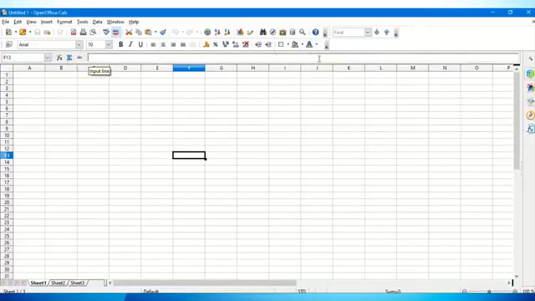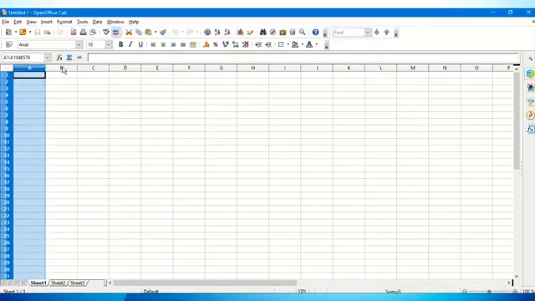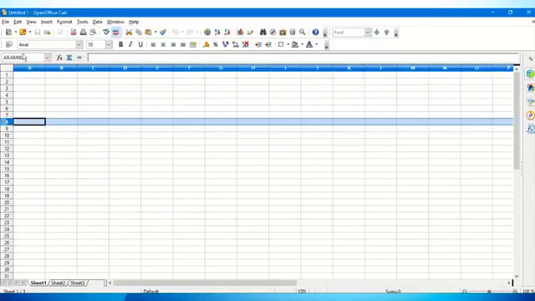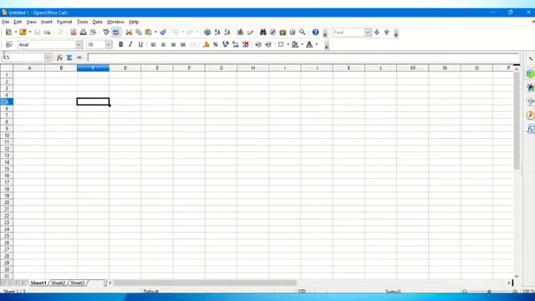Below the formatting toolbar is the formula bar. This is a very important bar, and it contains a lot of different small elements. The first box, on the extreme left hand side, is called the name box. This name box gives us the address of the currently active cell. In the spreadsheet we have got different columns and different rows, so this name box will give us the cell address of the currently active cell.